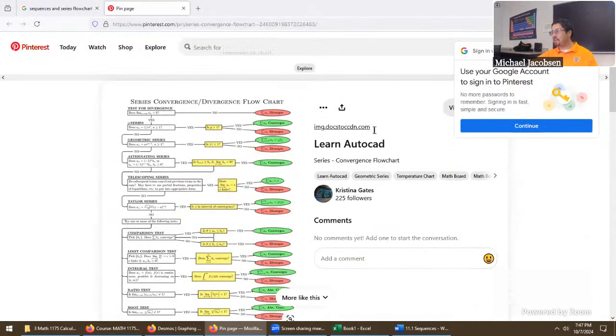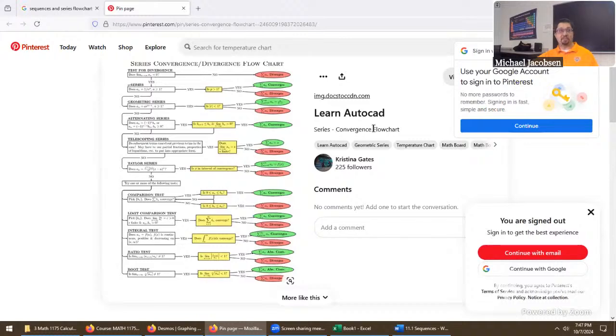Oh, Pinterest is not going to let us grab the file. Don't worry, I have the file. I'll share it. I don't want to make a Pinterest account just for this. But this is really our content of chapter 11 in our actual book. I'll share the file later on, but I'm only showing this just to give you a heads up of how